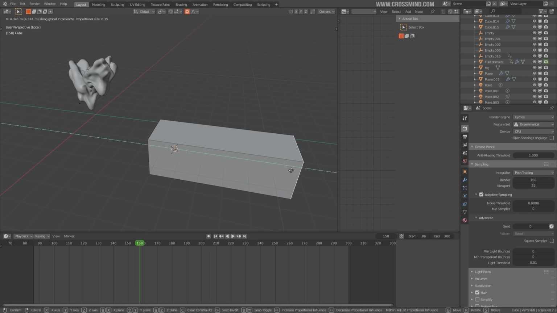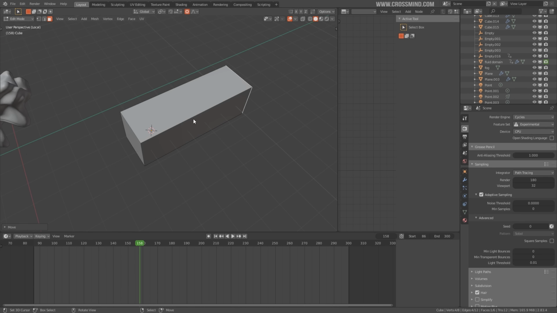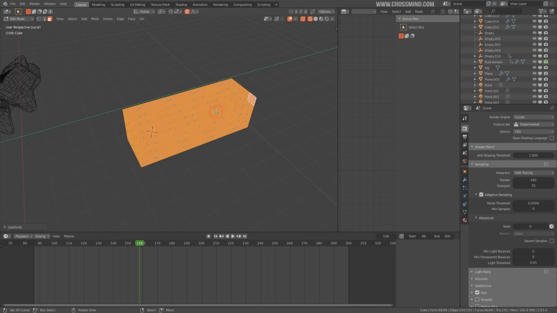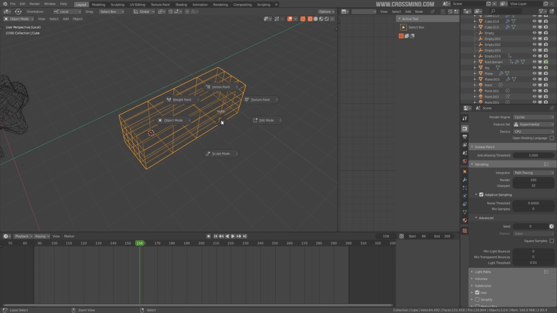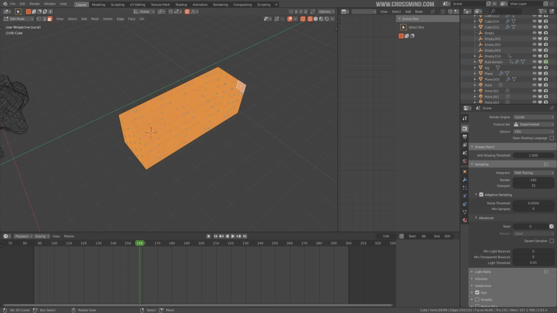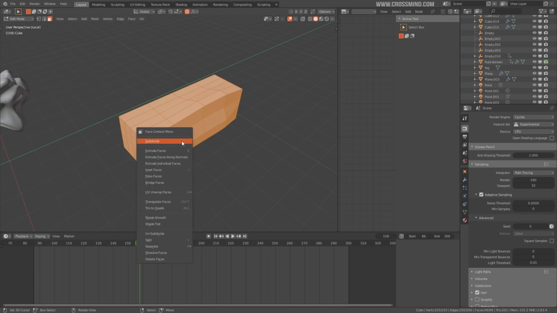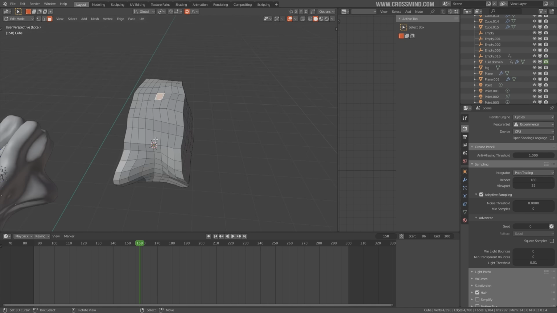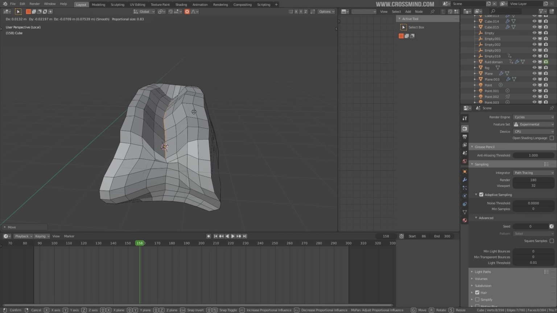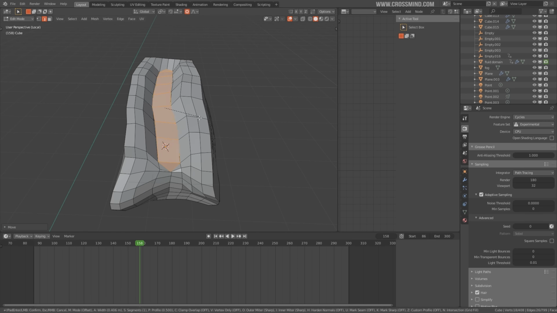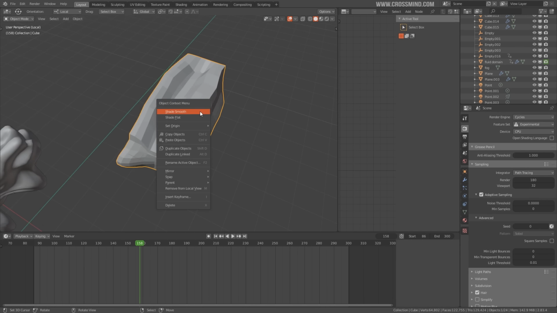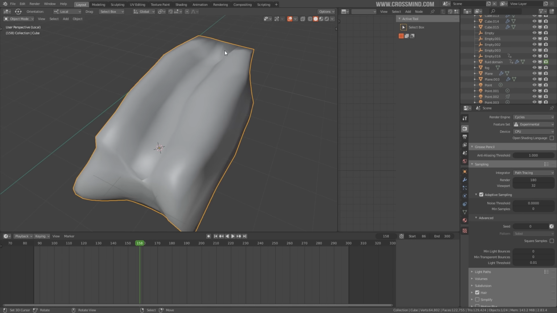This is just for beginners. I don't think there's anything much going on over here. Add subdivisions, and after that, you can just smooth this out with proportional editing. Move these edges downwards and just give it some bevel